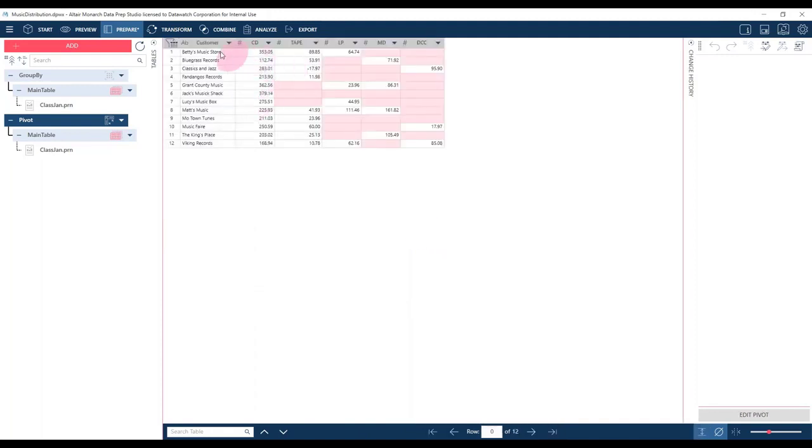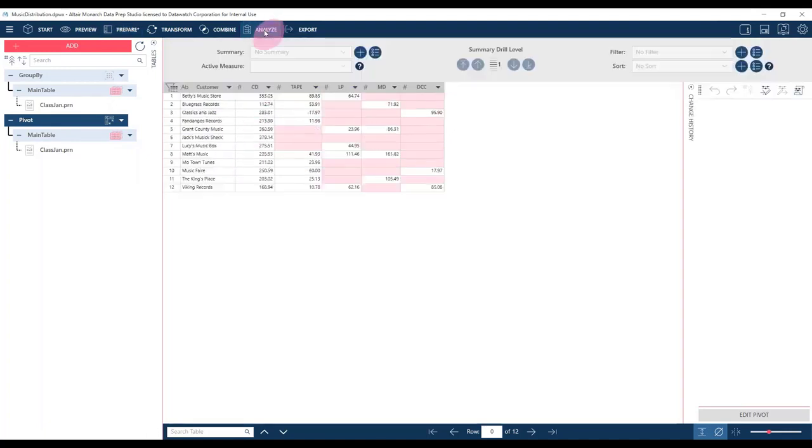Okay, so again, very similar to the results, or really the same as the results we'd get by doing this same sort of thing in either the Analyze or the Classic. So the advantage of staying here is that you can now join these two tables apart, or you can do further data prep or further transformations on it. So you get more flexibility if you're working in the prepare window, and you can go on to further enhance the data. The disadvantage is you don't get the pure summary type functionalities that you would get in the Analyze